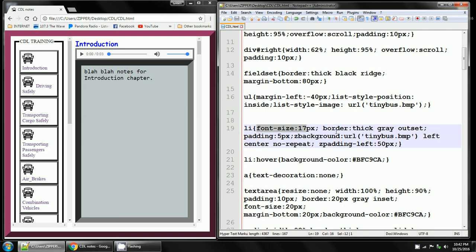So anyway, for the list items, I have font size 17 pixels, border thick gray outset, padding 5 pixels. This z background URL, tinybus bitmap, left, center, no repeat is not actually being utilized, but like I said, I'm going to keep it here in case I want to use it in the future. Same thing with the z padding left 50 pixels. What this does is if I don't want to use a list style image in the UL, I can use a background image in the LI and then just give it a padding to move the text that much away